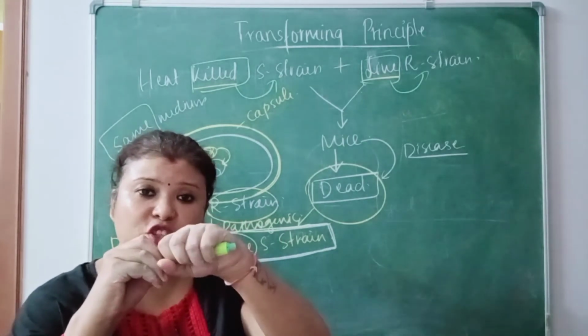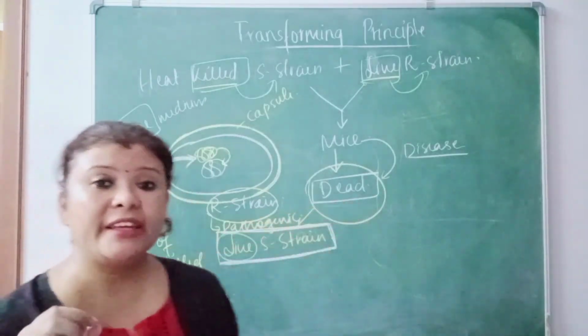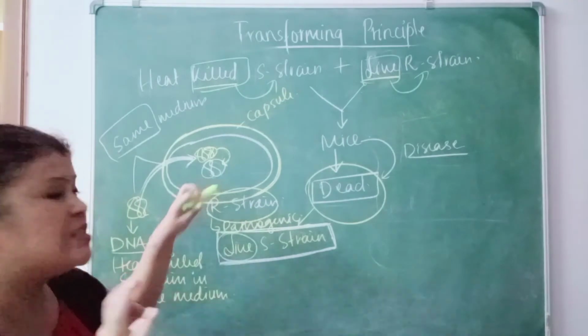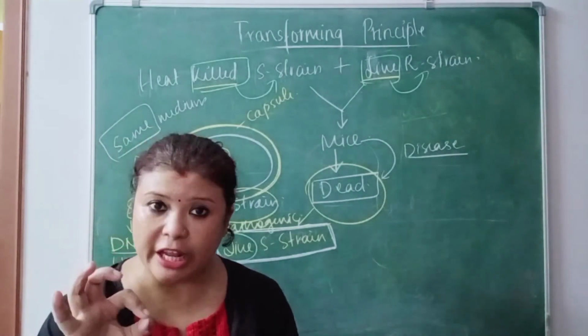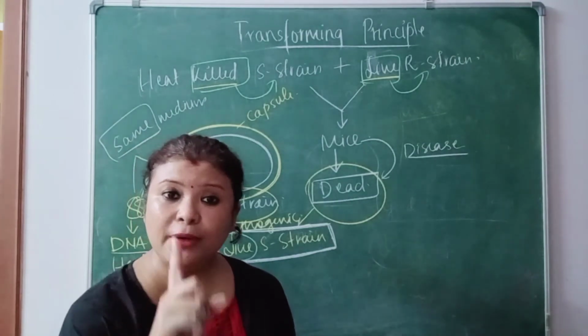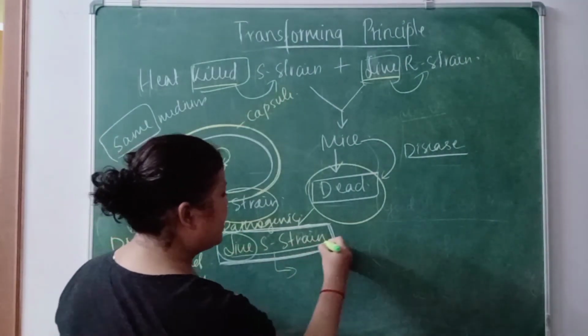So this R strain was able to cause the disease and thereby kill the mice. However, it was the R strain bacteria only. But since it was capsulated and able to cause the disease, Griffith found live S